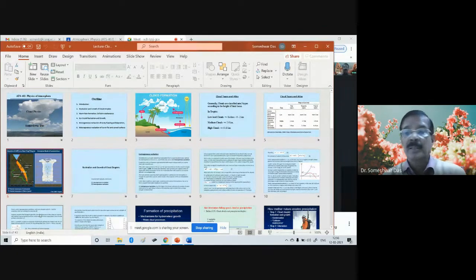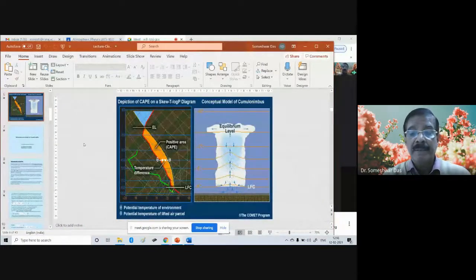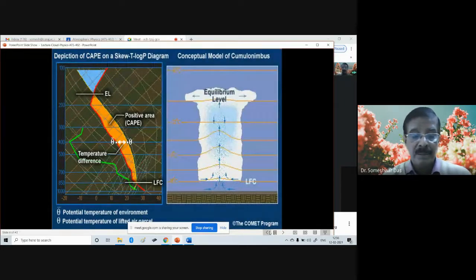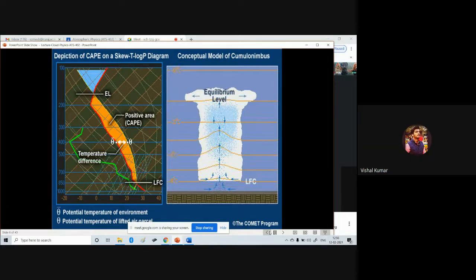So when we talk about the convective clouds, as we had discussed in the past, we can determine the base and top of the convective clouds depending upon the instability. This diagram should be familiar to you. Is this screen visible to all of you? Yes, sir. And I am also clearly audible, right? Yes, sir. Okay.